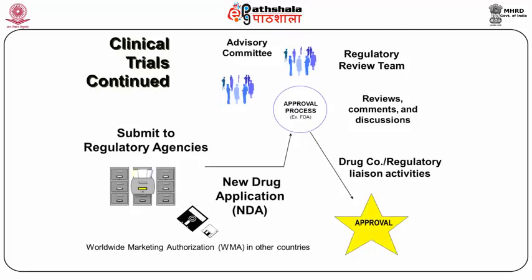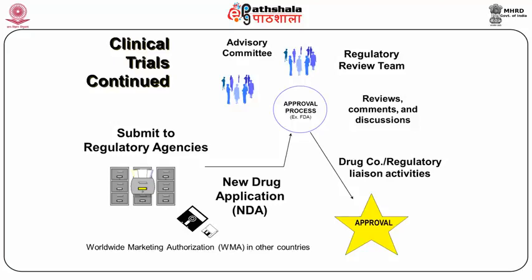The last stage of clinical trials starts with the submission of these clinical trial data, trial 1, 2, and 3 data, to the regulatory agencies. Here we have, for example, the Food and Drug Administration, FDA in the US, one of the regulatory agencies to market a new drug, and then we have to apply that IND as an NDA, that is called New Drug Application, which goes for approval processes to the FDA.